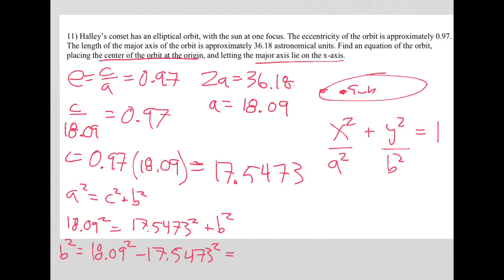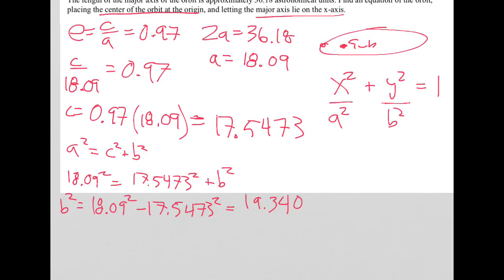Let's figure out what that is real quick. I'm sorry, b squared is that. Let's do an approximate symbol, which means that b is roughly the square root of that, which is roughly